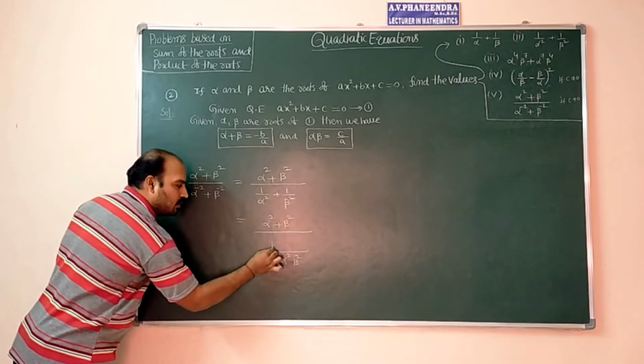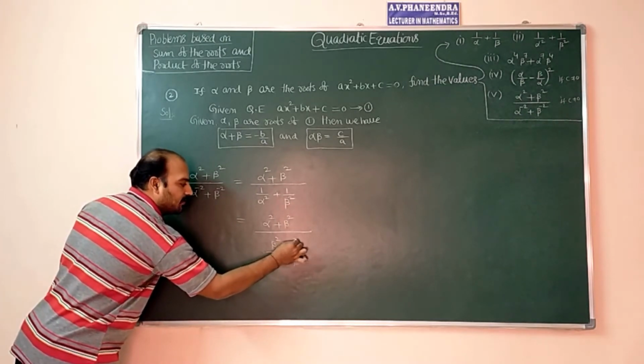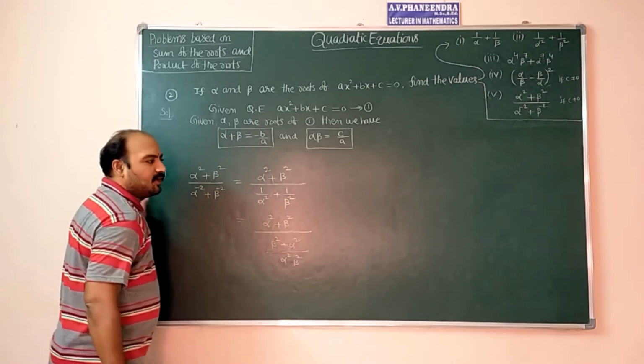So beta square into 1 by beta square plus alpha square, which can also be written as